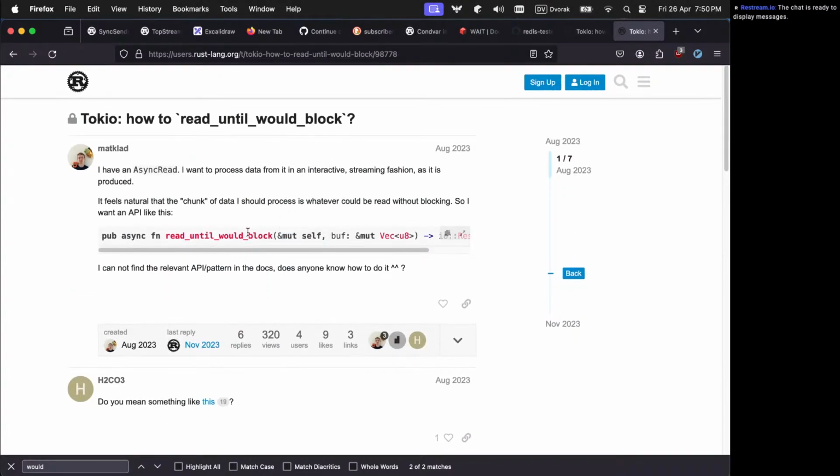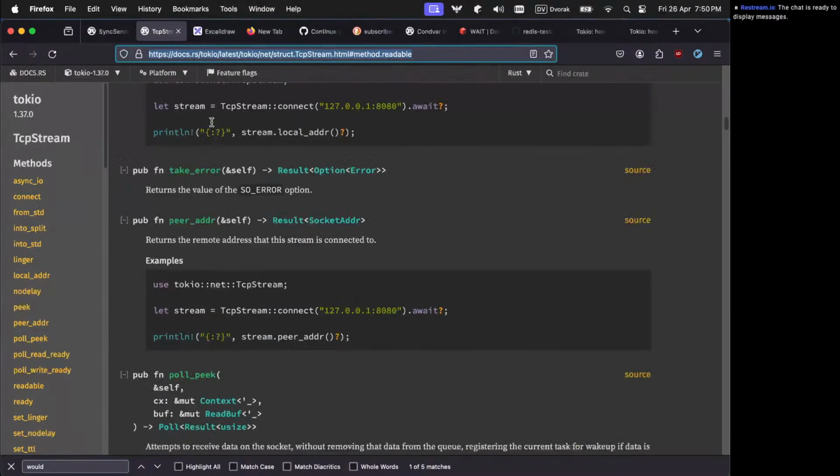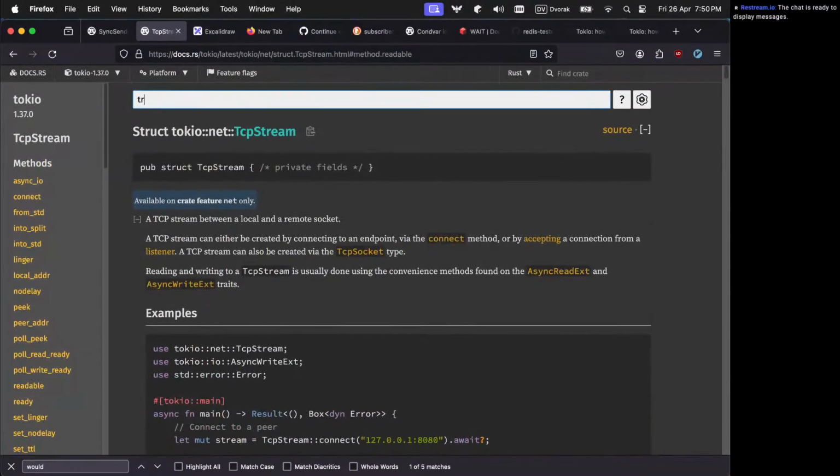So there is read until would block. And how would this work? I feel natural that chunk of data I should process whatever could be read without blocking. So let's see. Try read.